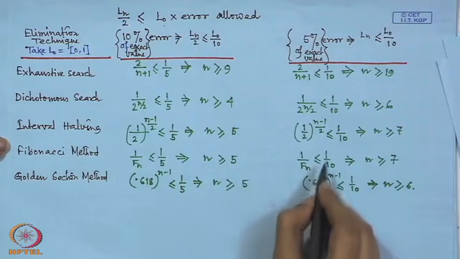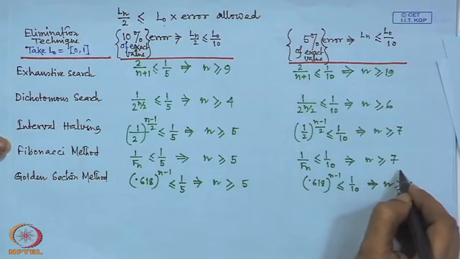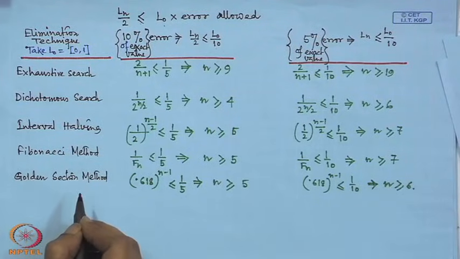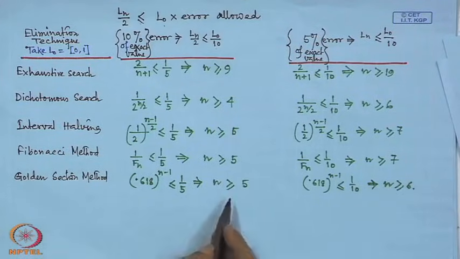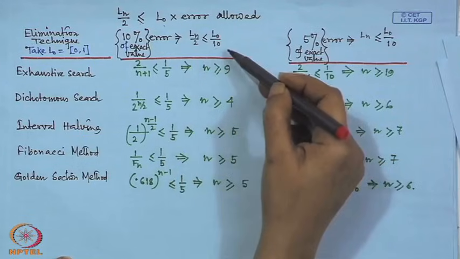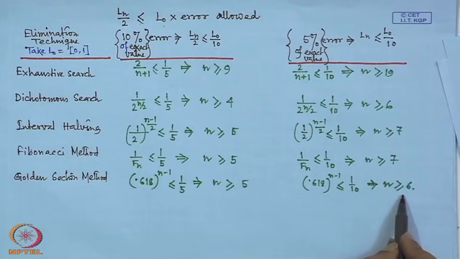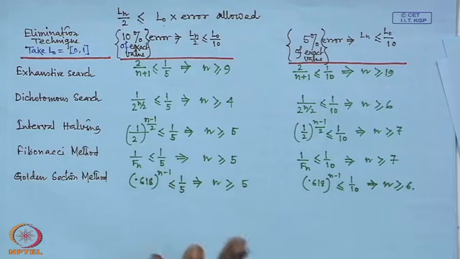But if I want to have the 5% accuracy, n must be greater than or equal to 7. And in the golden section method, we are getting n must be greater than or equal to 5 for 10% of the exact value, if this is the error tolerance, and if I want 5% of the exact value, then n must be greater than or equal to 6. This is some calculation I made, but if I do more calculation, we will see that